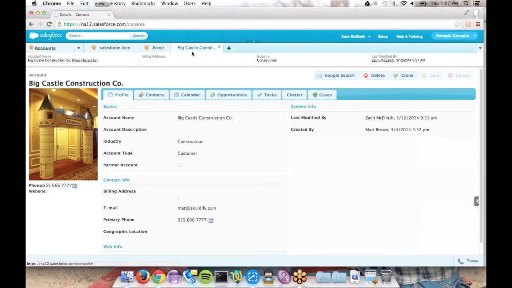So it's a different way of looking at your Salesforce data. And full disclosure, this is a feature that costs extra money with Salesforce. So if you don't see it in your org, you may not have purchased it. For Sales Cloud users, I think it's usually an extra $10 upcharge to get this different user interface experience. Service Cloud Console licenses are another price, which I don't know off the top of my head.